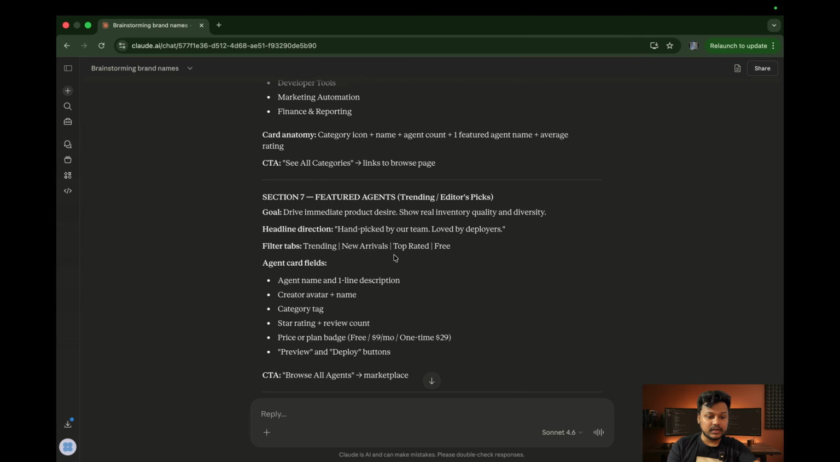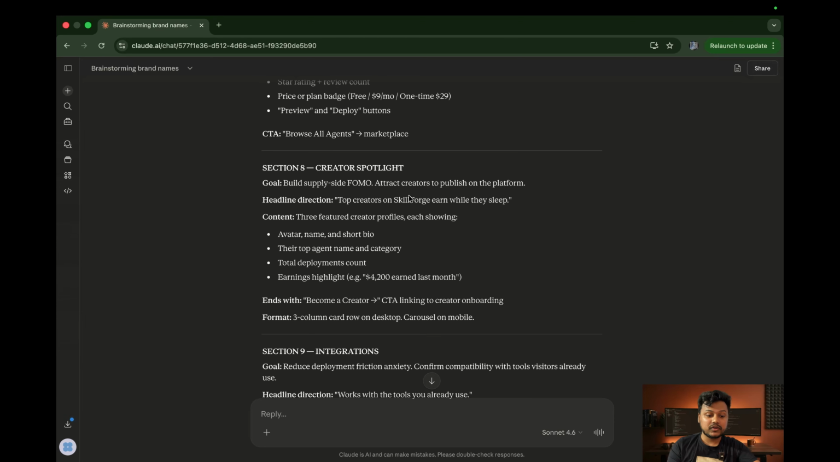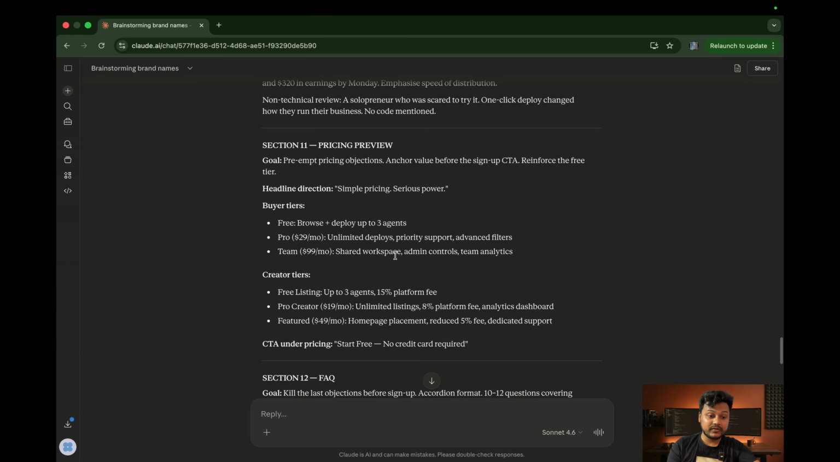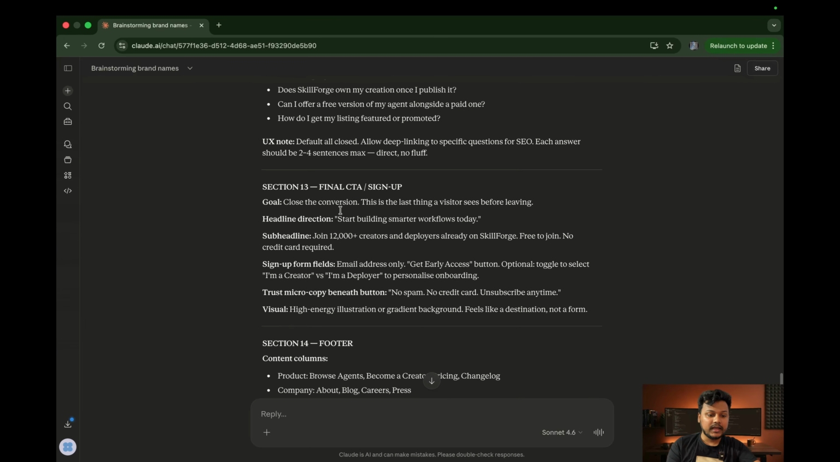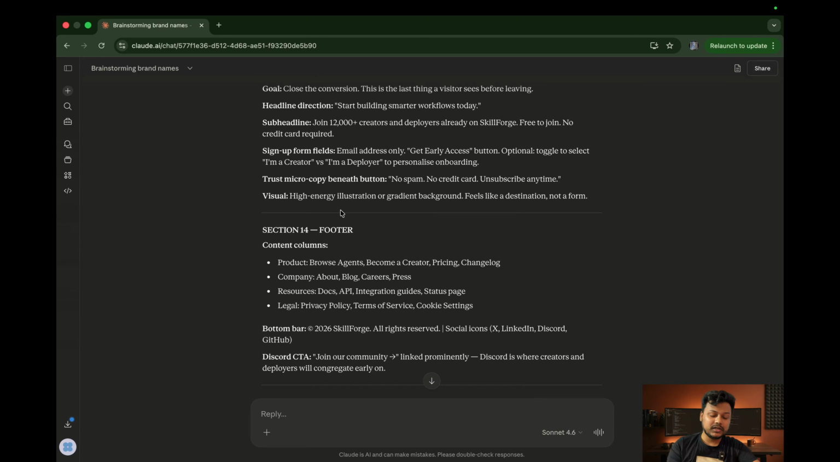and featured agents, which is like the top agents that you may have in the platform, creator spotlight, integrations, user reviews and testimonials, pricing preview. Again, we have the FAQ and the final CTA sign up, and at the end we have the footer. Very close to what I wanted to build. So I'm going to go ahead and copy this and port it over to Claude Code to get started building